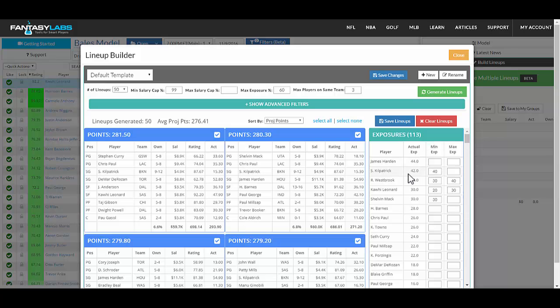So we wanted Kilpatrick in at least 40, and he's in 42, Westbrook between 30 and 40, he's in 34. Kawhi Leonard between 20 and 30, he's in 30, and Mac in a minimum of 30, and he's in 30. So it'll get very close, and you can add more of those, and you can change it right in here within the